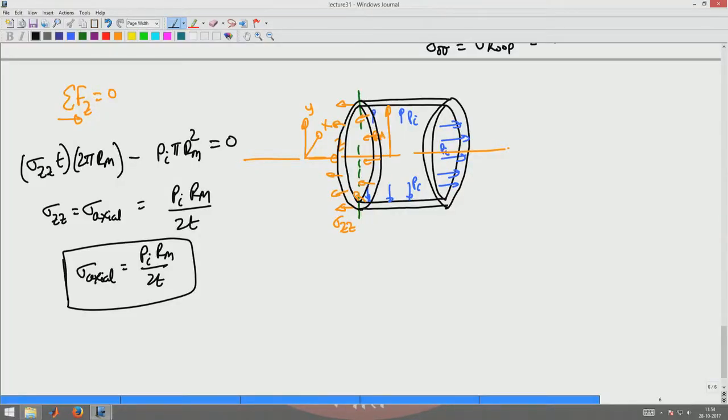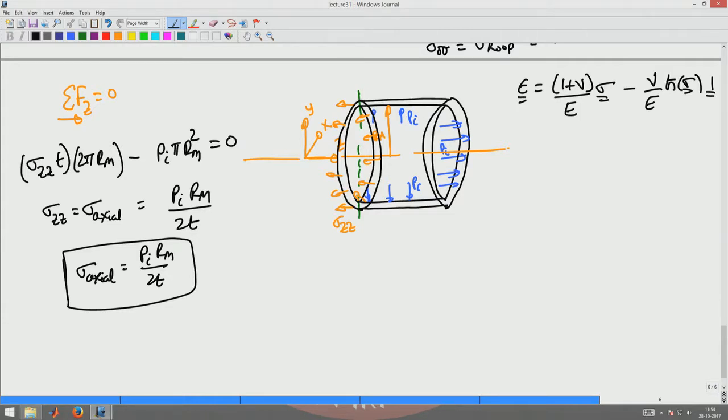Next, what we are interested in is finding the displacement of this pressure vessel. Displacement means I have to estimate the strain. You know that strain is given by the constitutive relation for strain in terms of stress, which is (1 plus mu) by E sigma minus mu by E trace of sigma identity, and now you have to find out what this sigma is and what this epsilon is in terms of the displacement field. Now, sigma we have found: there is a hoop or circumferential stress, and an axial or sigma ZZ stress.